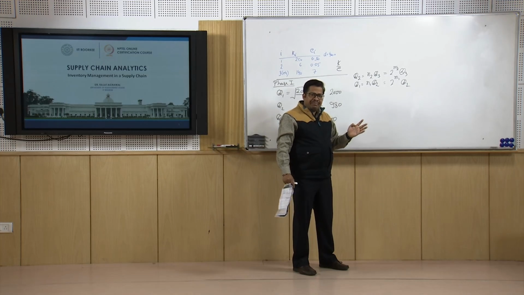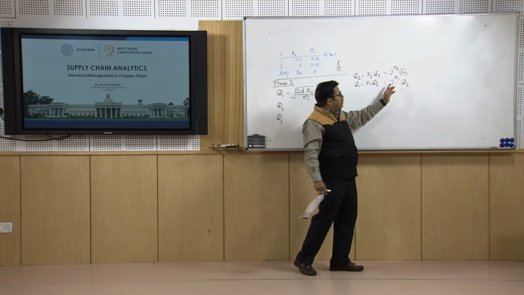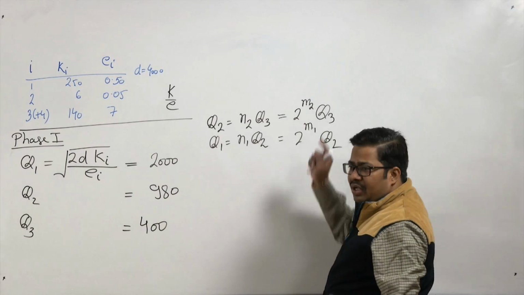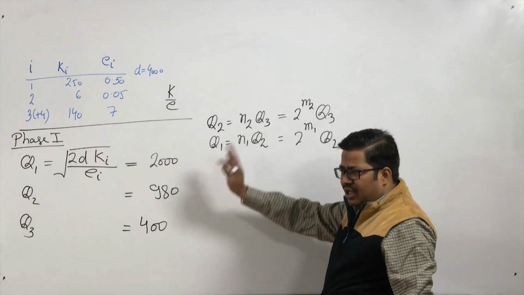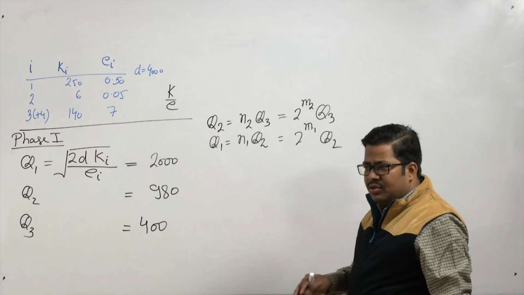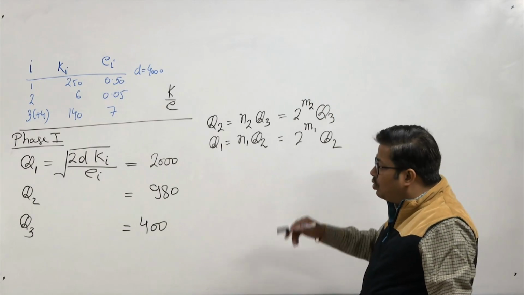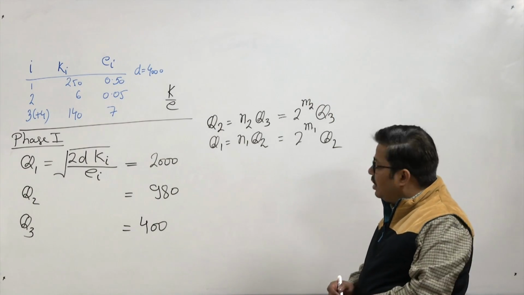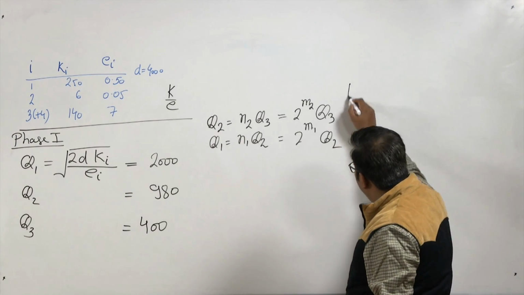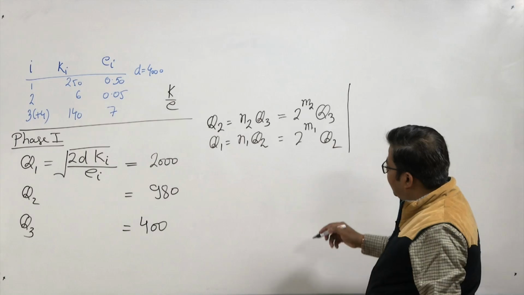So, that was the reason, and for that purpose we took a further relaxation of 2 to the power m1 and 2 to the power m2. Now, this data is not at all suiting this type of relaxation. So, we want to go to phase 2 of this problem. We will see phase 2, and for phase 2 you can understand that